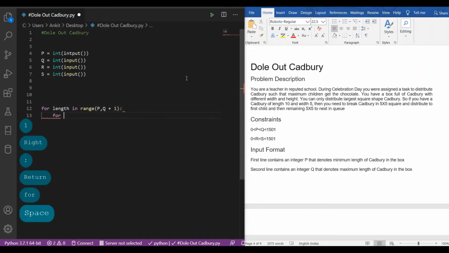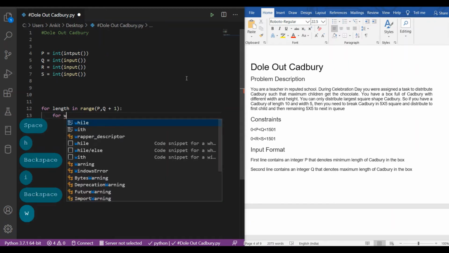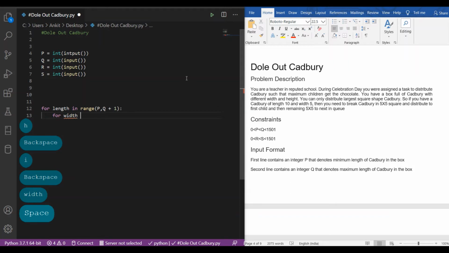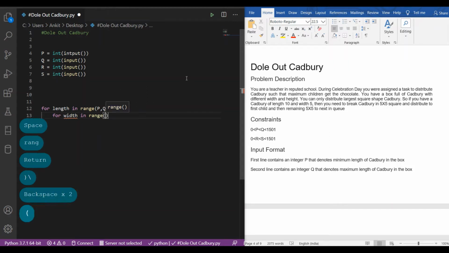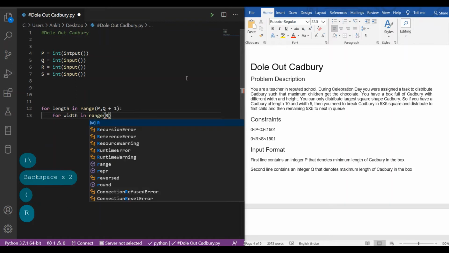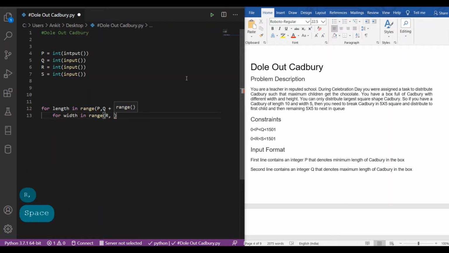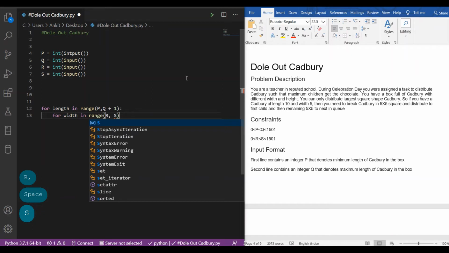We have to use not only a for loop but a nested for loop, and the range for the width is from the minimum width to the maximum width of the Cadbury box, where the minimum width is denoted by R and the maximum width is denoted by S.